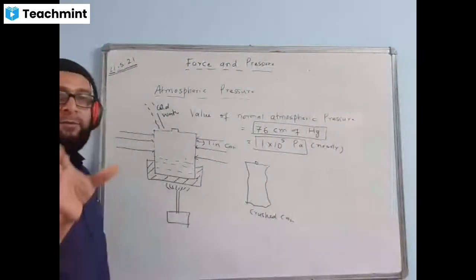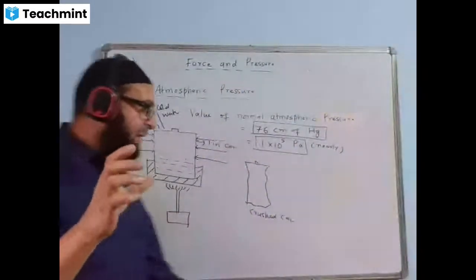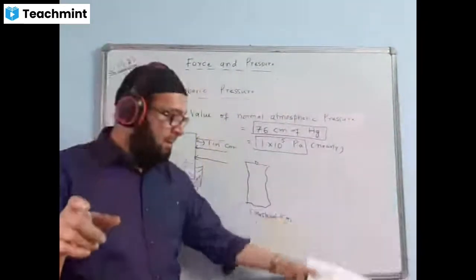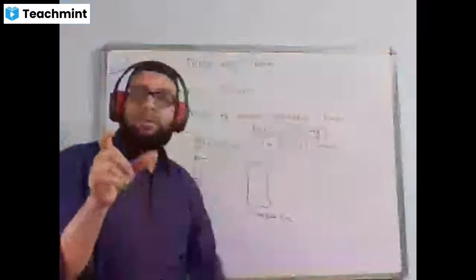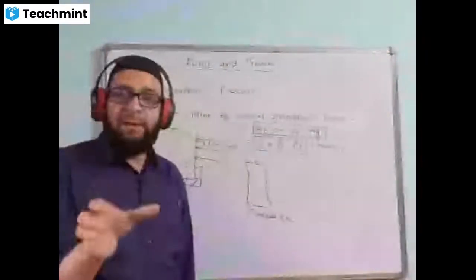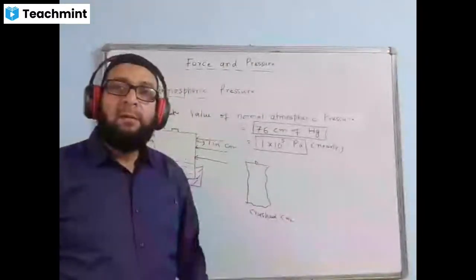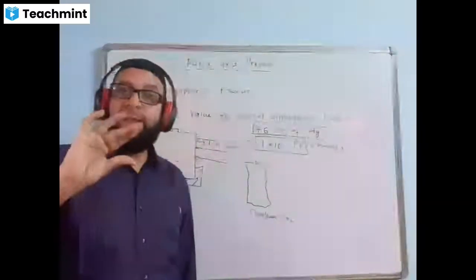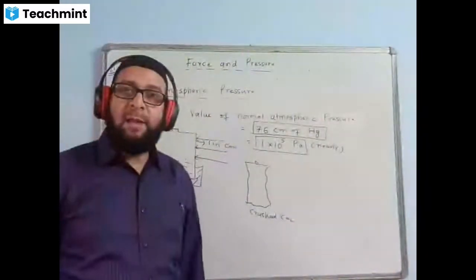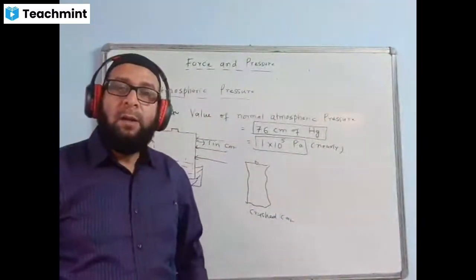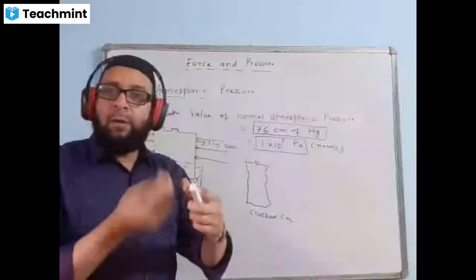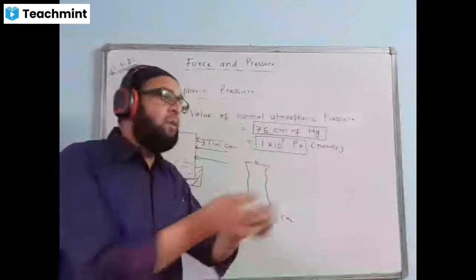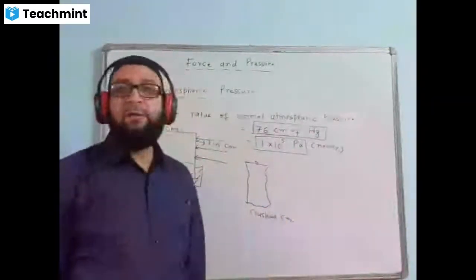Have you seen the tin can, like the cold drinks bottle, Amul Cool, the milk one? Have you seen that tin can? You pour water, but don't fill it fully. Keep some space empty there. Understood? Now you boil water. Once the water starts changing into steam, remove it from the oven and then pour cold water on it. You just see what is happening there.